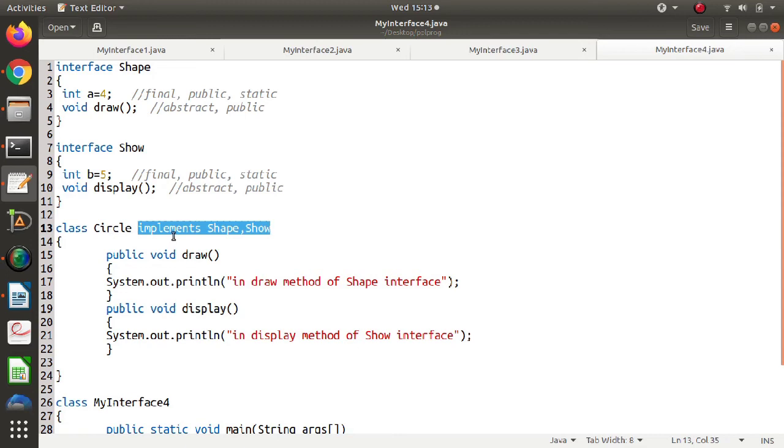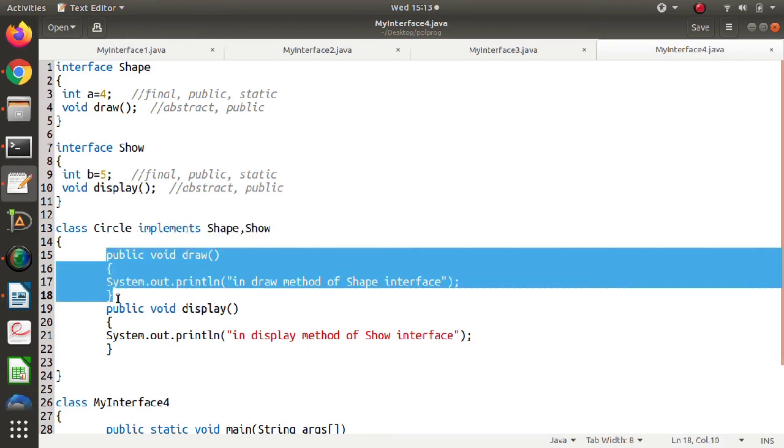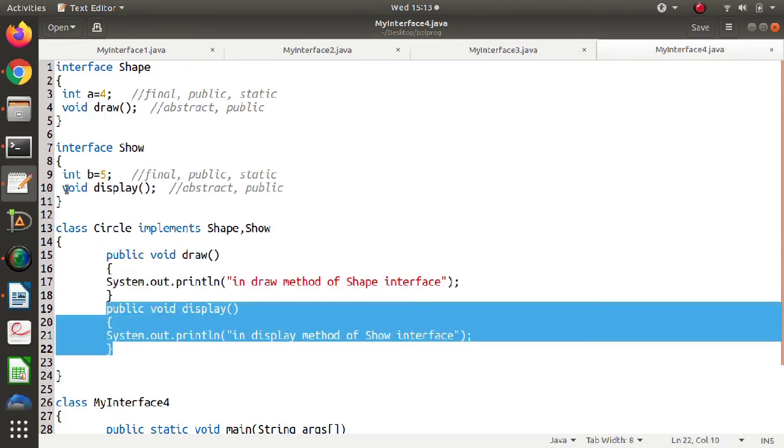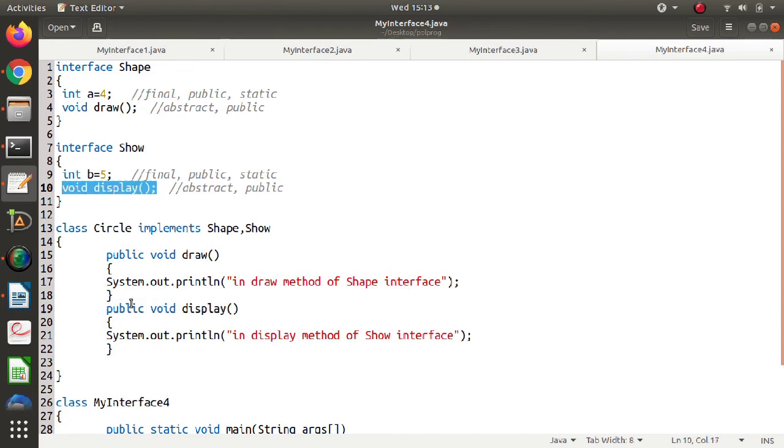So it is not possible by using classes, as Java doesn't support multiple inheritance, but it is possible with interfaces. So here we are implementing both interfaces, Shape and Show, and here we are writing code for the methods. This is the draw method from this interface, then this is the display method from this interface. So both are written here, both are implemented here.